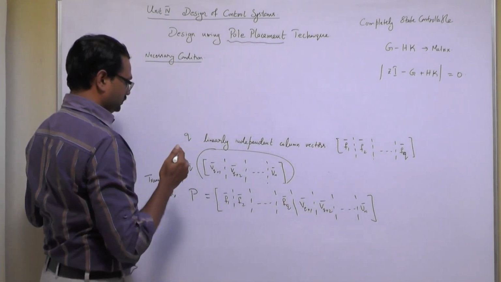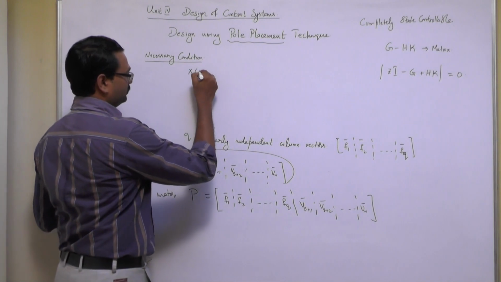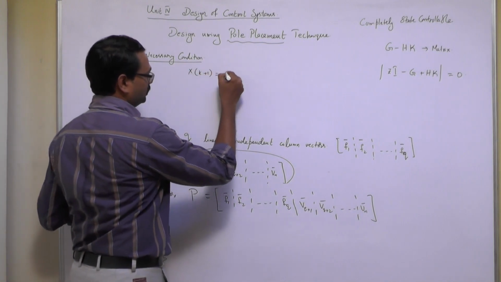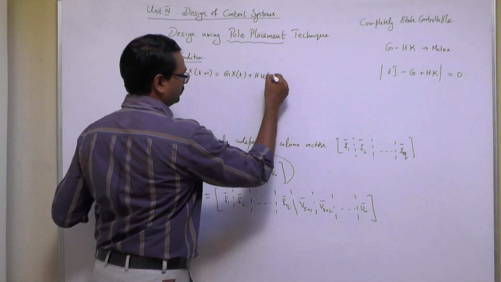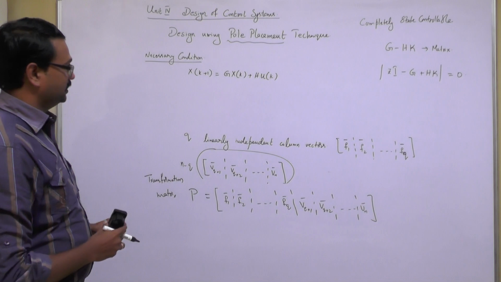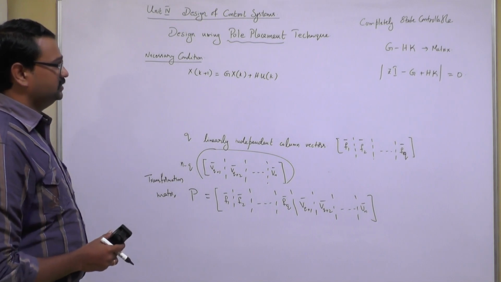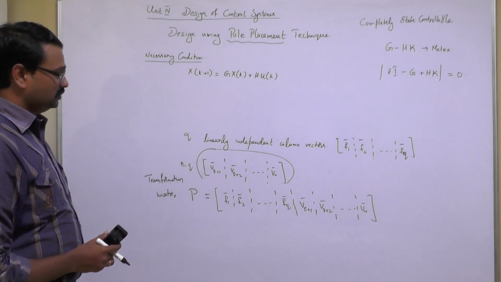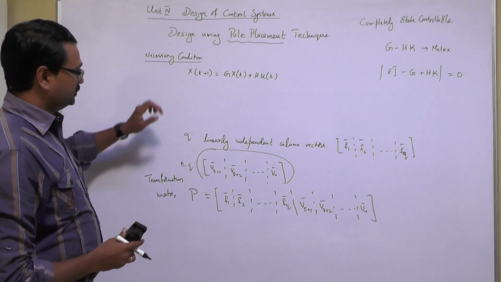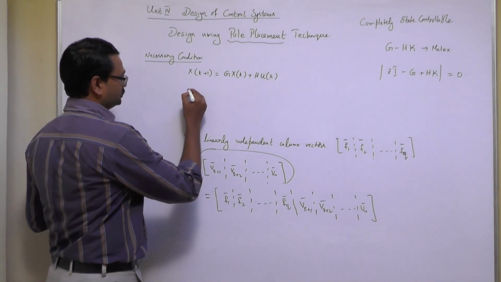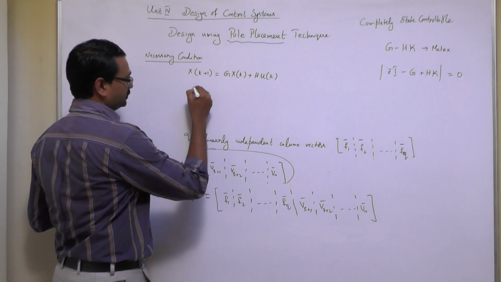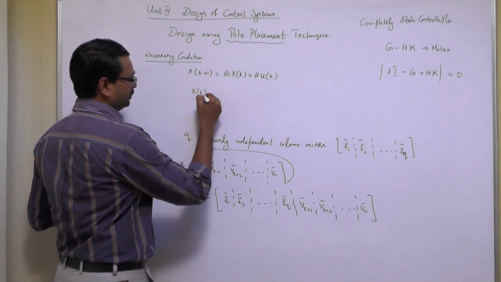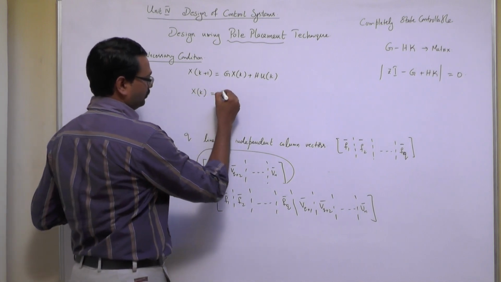We have considered the system x of k plus 1 is equal to g x of k plus h u of k. Now let us choose the transformation in such a way that x of k is equal to P